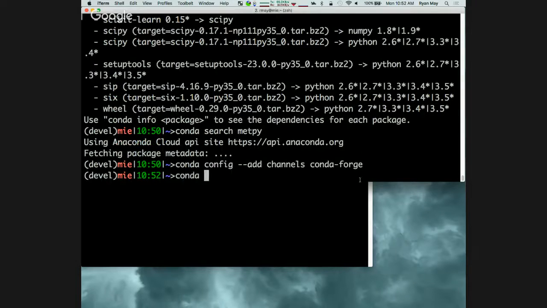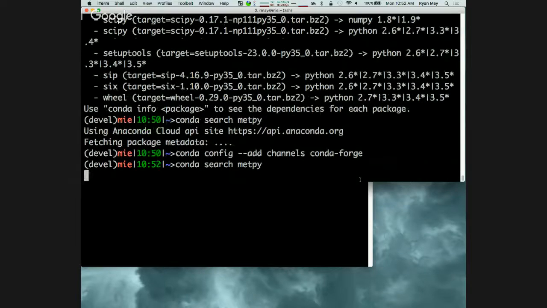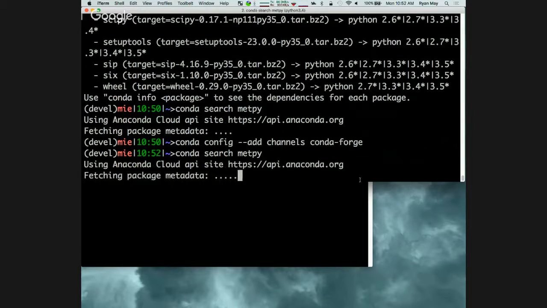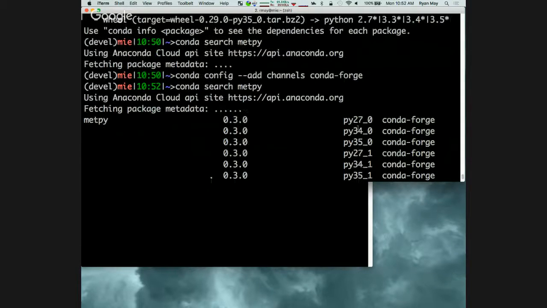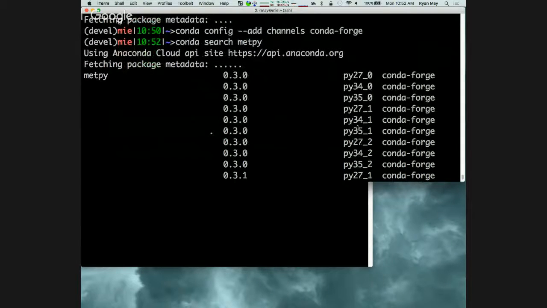So now if I do conda search metpy, oh, it scrolled off. Just want to leave those commands up there. So now we can find it.